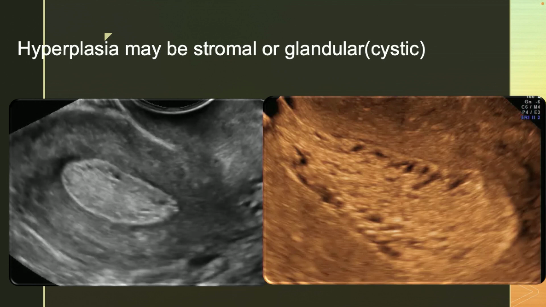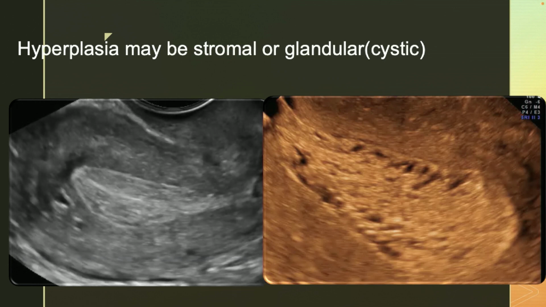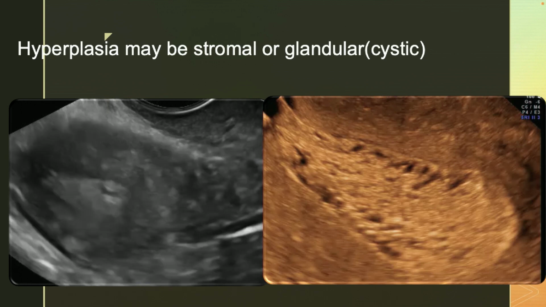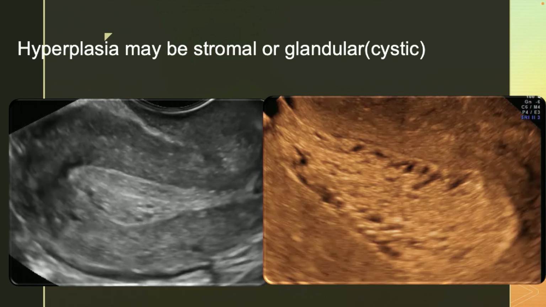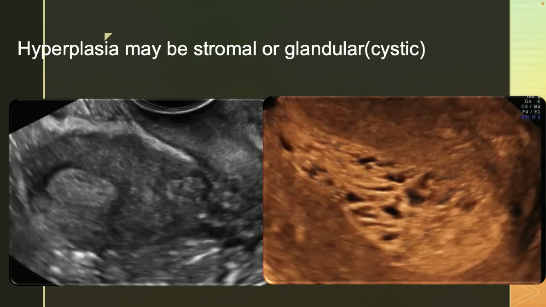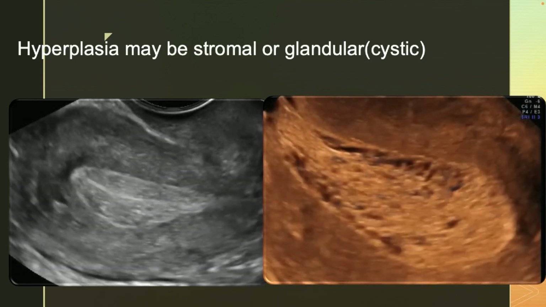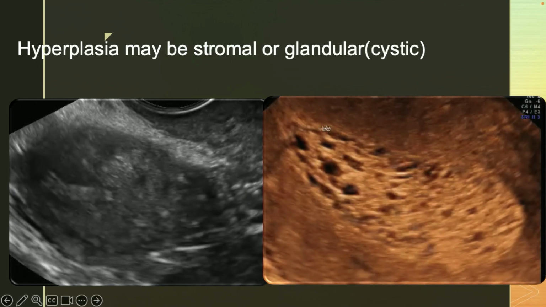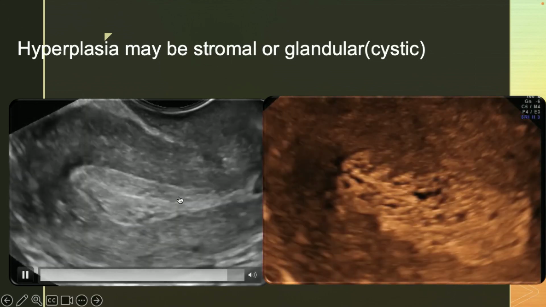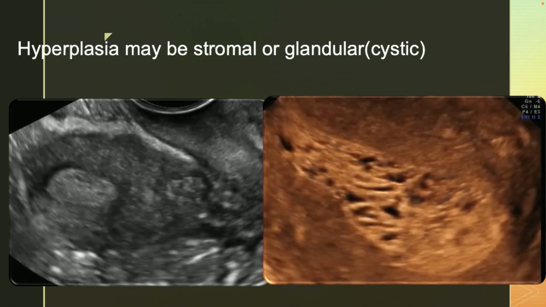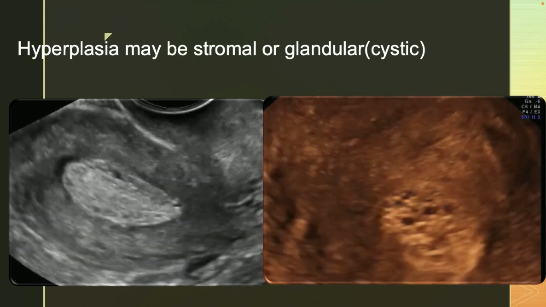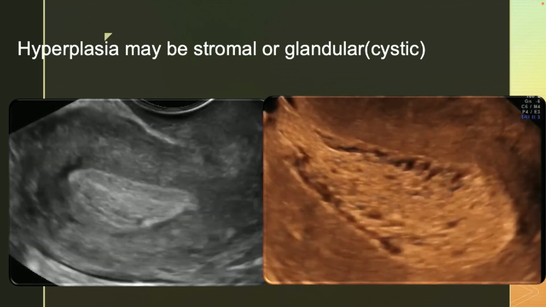As I told you, if there is a large polyp, it may cause thickening of the entire endometrium, or sometimes it also happens that the polyp is not very large but there are multiple polyps. Because of that, they fill up the entire endometrial cavity, and therefore they may appear similar to the hyperplasia. It looks like a completely thickened endometrium. You may put on a Doppler,